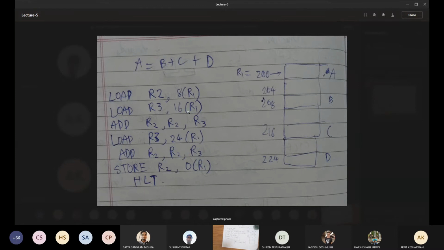If you look into it, R2 holds the value of B. R3 holds the value of C. You do the addition operation using R2 equals R2 plus R3. Then R3's function is over, so R3 can be reused. That's why he has reused R3 here itself. Again, he loads the third operand, which is D, into R3, and R2 was storing the partial result. Now again he is adding that value with R3. You get the value of A plus B plus C into R2, and that R2 gets stored into the memory 0 plus R1. Very good.